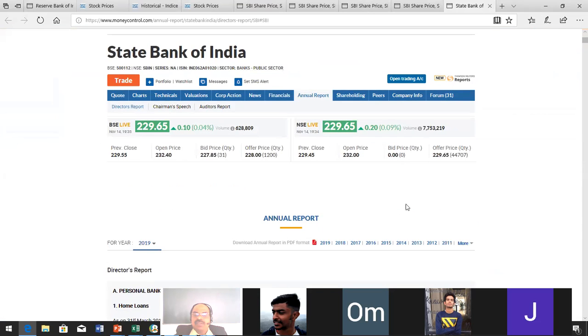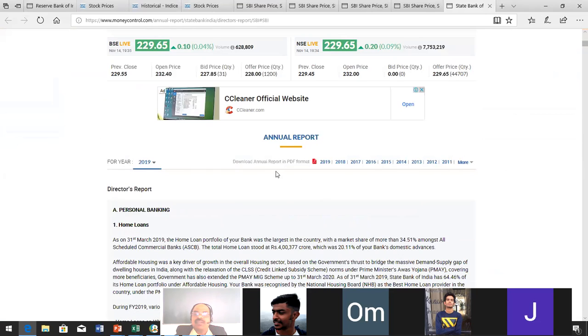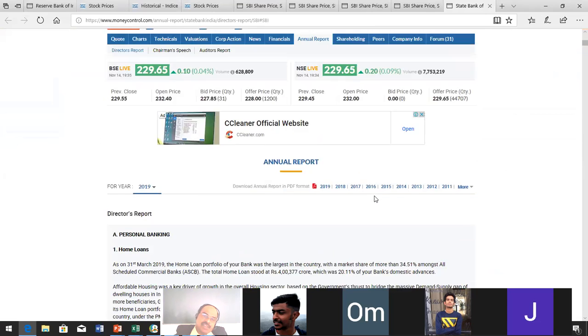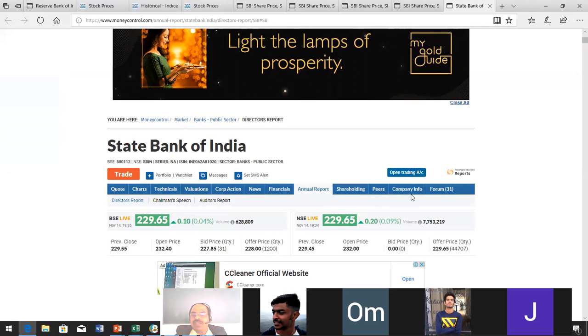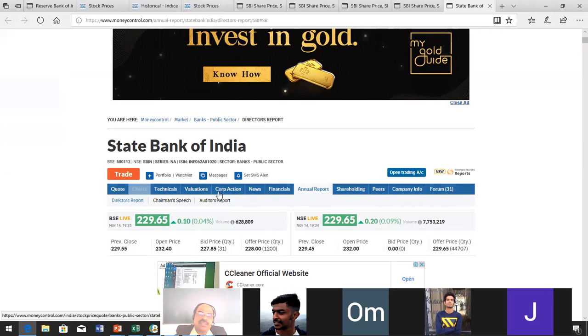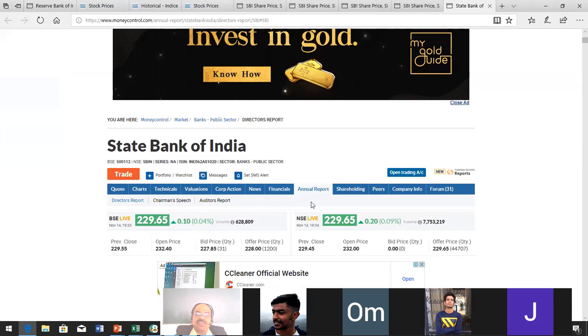Annual reports, everything will come here in PDF format. You can gather the State Bank of India annual report, up to 2011 and even more. You know the company information, and you can know the ratios of the State Bank of India. Even the fundamental analysis as well as the technical analysis will be available there.